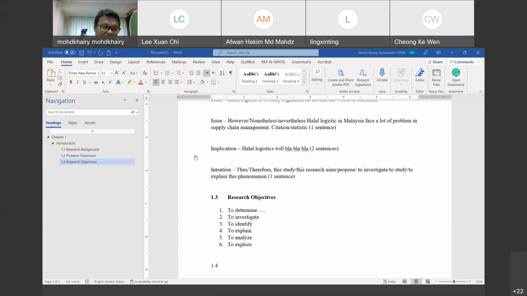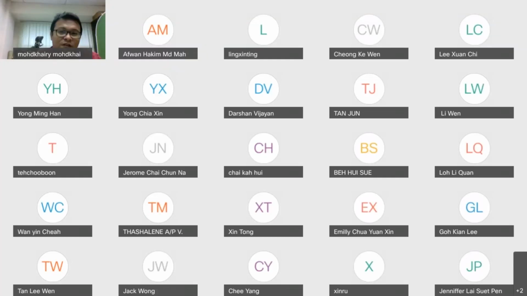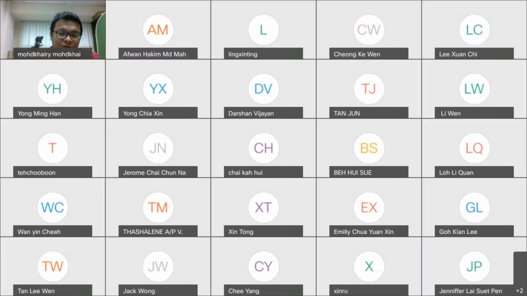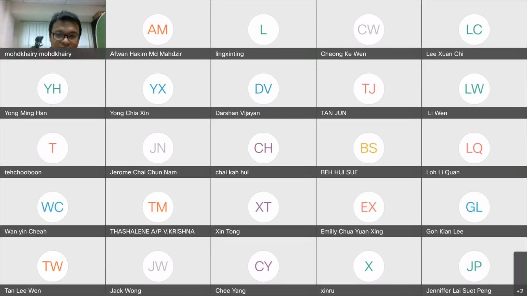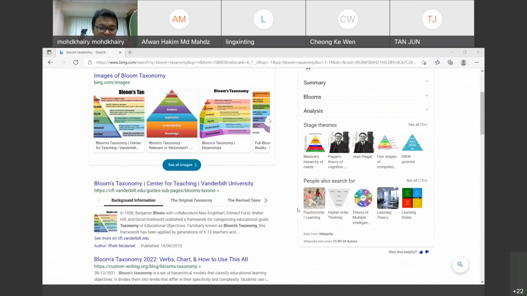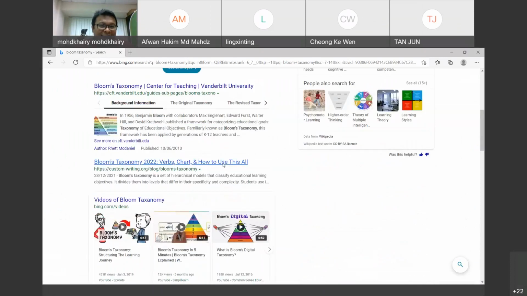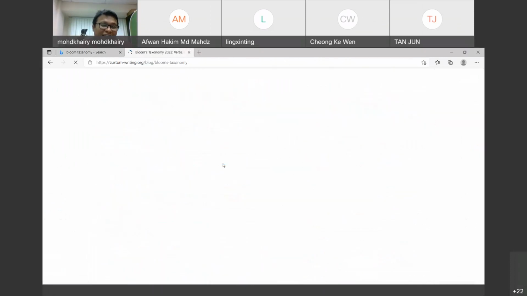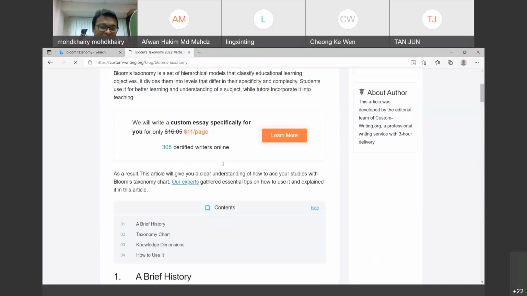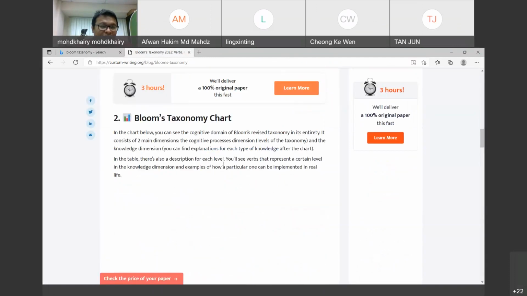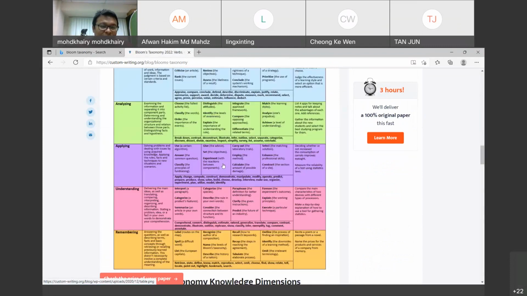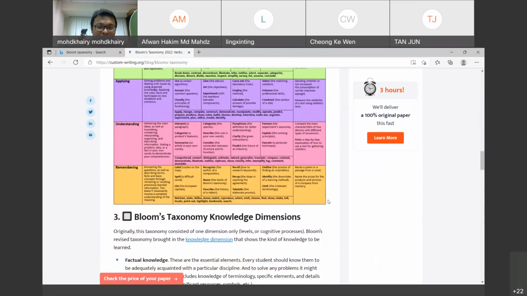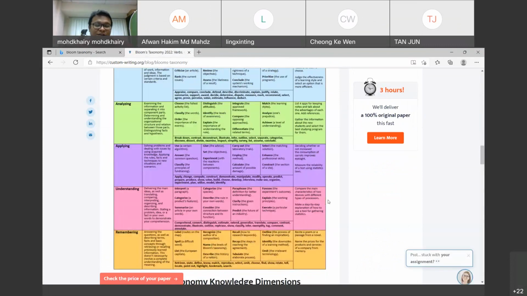I will show you. You will find the suitable words. Bloom's taxonomy, the verbs. This is the word that we can use. Creating. Basically, we will use these words. For example,